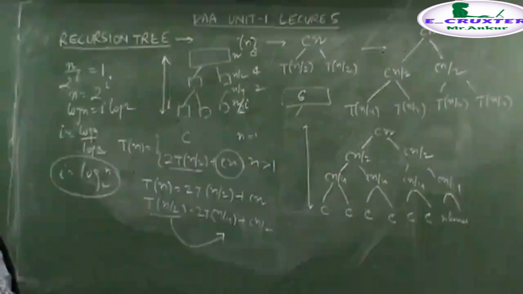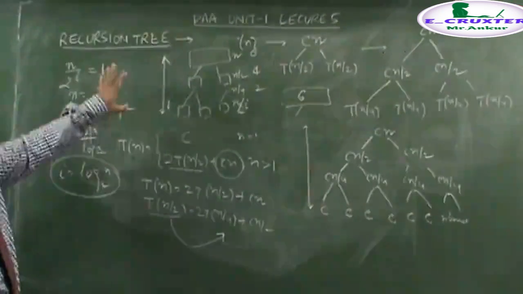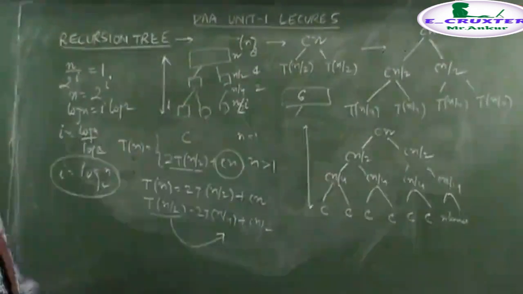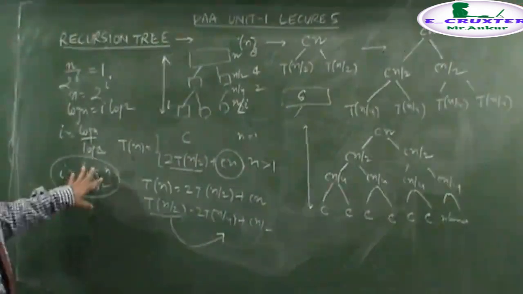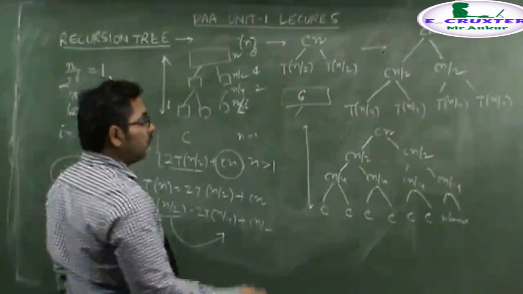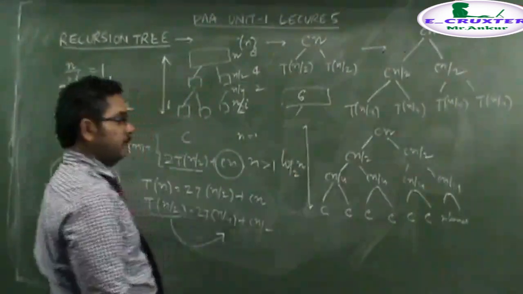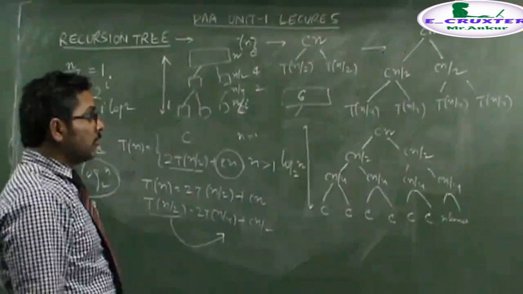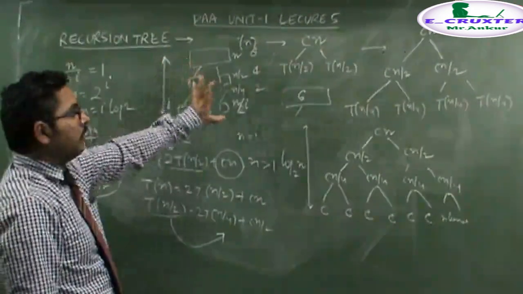This is basically the ith level at which the number of elements in the tree will become 1 and constant time will be taken. Okay, and the height is log n with base 2, or log base 2 of n. Hence we say the height of the tree is log base 2 of n. Okay. Now, the first step was to design the tree. We have designed the tree.